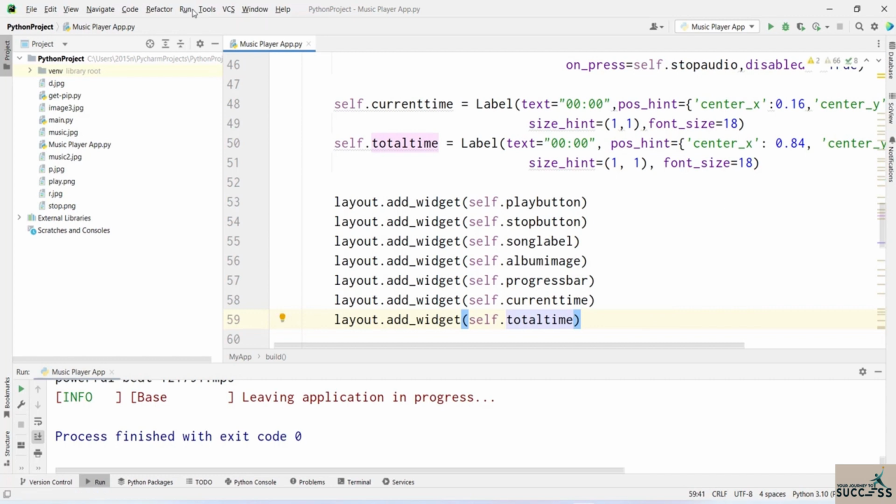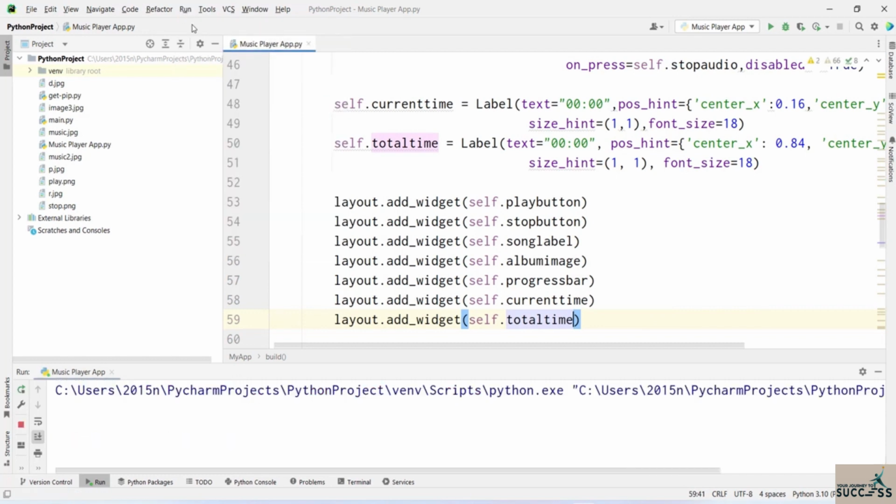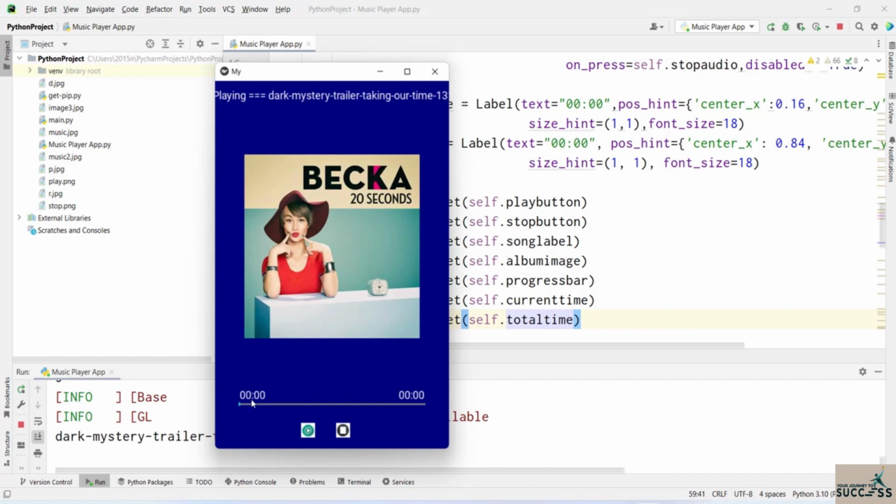Okay, so now let's just execute this code, and you will see both of these labels right here. But obviously in here you just see that we are just seeing 00, and it is not updating depending upon the duration of the song that is being played. But let's just update it. So for this, what I'm going to do is create a separate